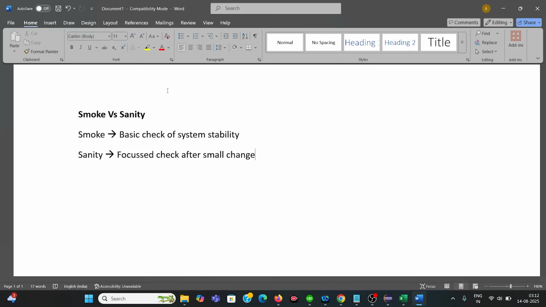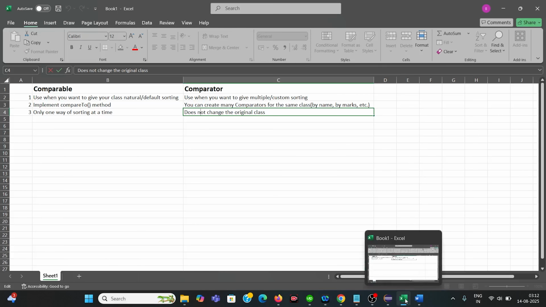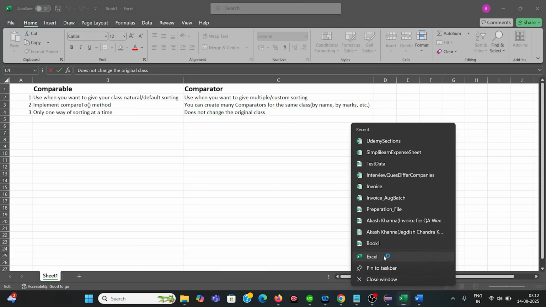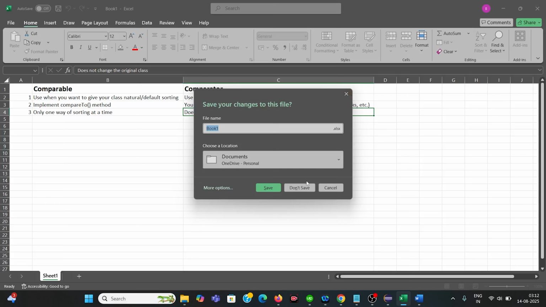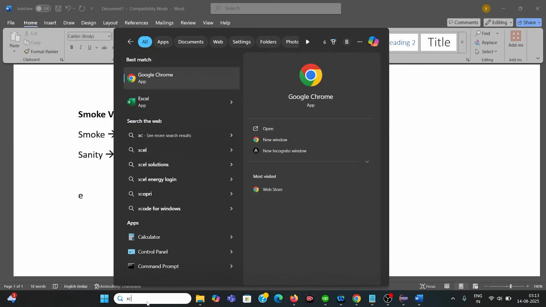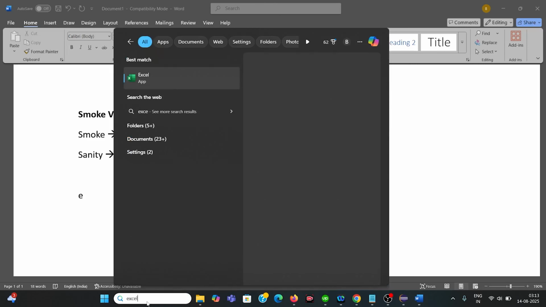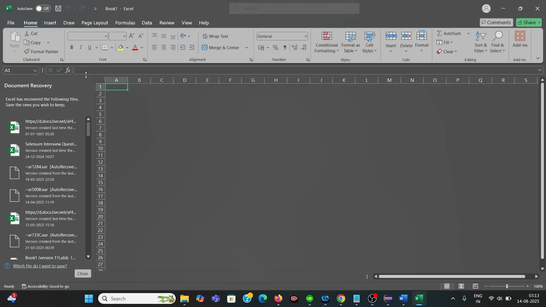If I compare smoke with sanity, let me quickly make an Excel on this, where I'll explain the feature, the purpose and everything.